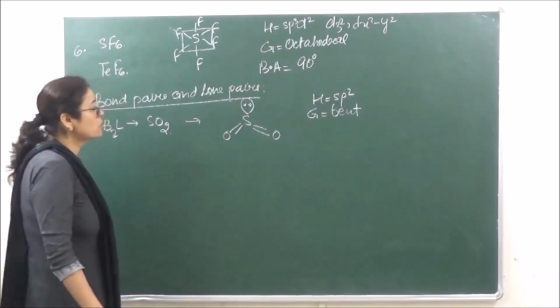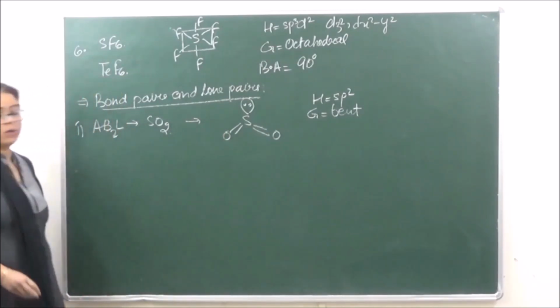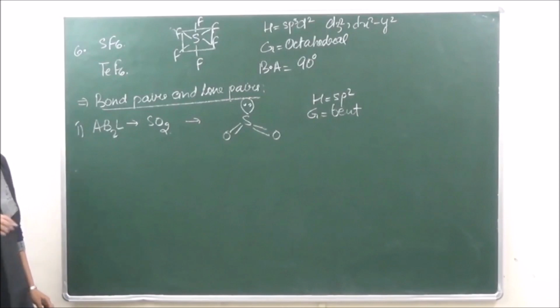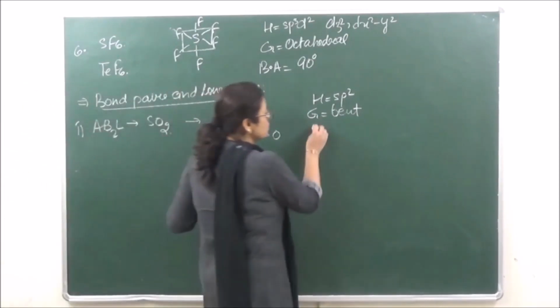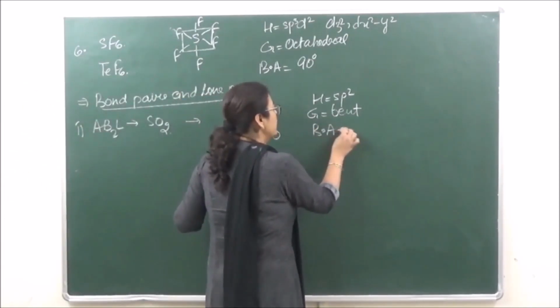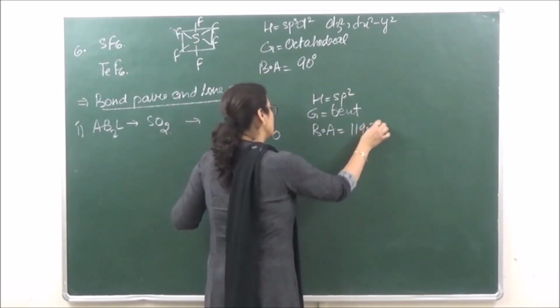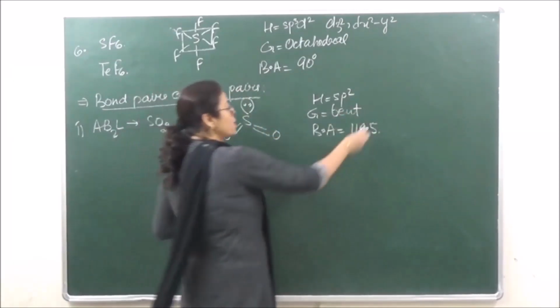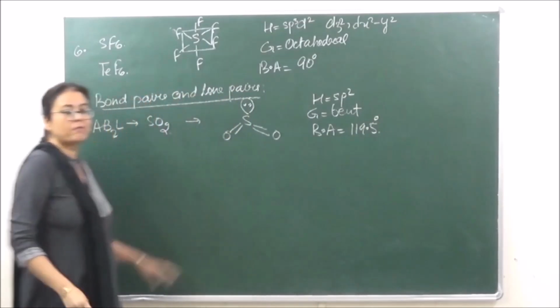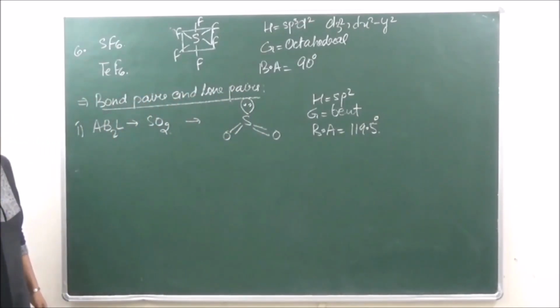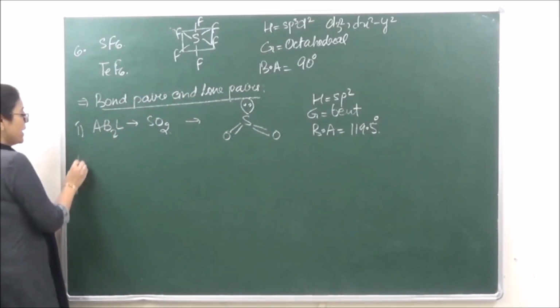ठीक है, फिर उसके बाद the bond angle will also be reduced a little. The bond angle in sp2 hybridization is 120, but over here the bond angle that is going to be 119.5 degrees. ठीक है, then the next type we have